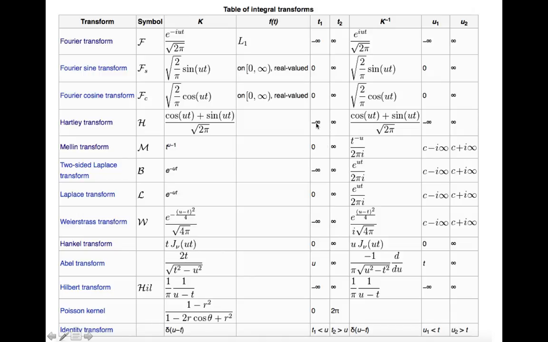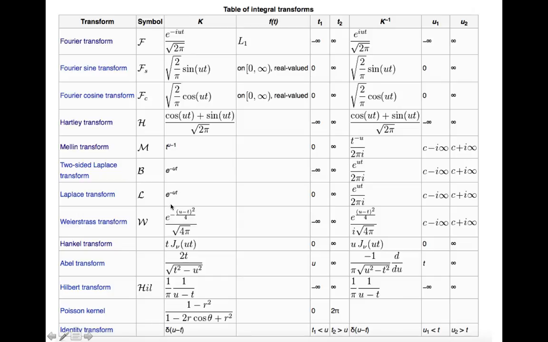It does run from negative infinity to infinity. And then we'll skip down. You can see the Laplace transform. There is a two-sided Laplace transform that's never used, because as a general rule we use the Laplace transform to represent initial value problems. So we're typically interested only in the range running from 0 to infinity, e to the minus ut